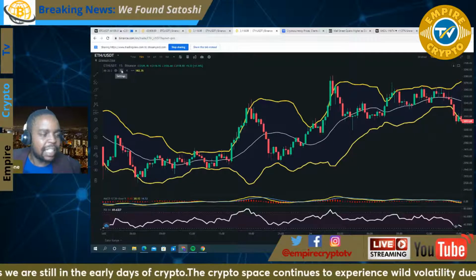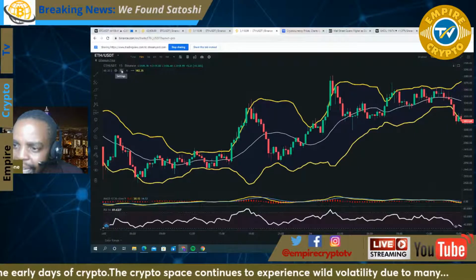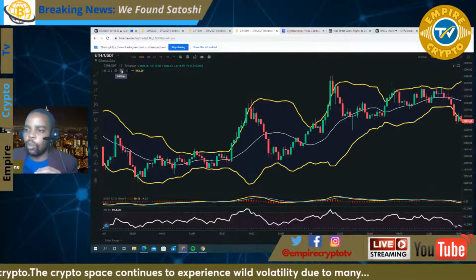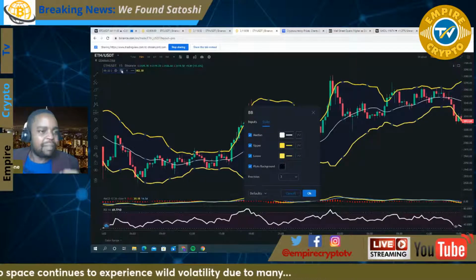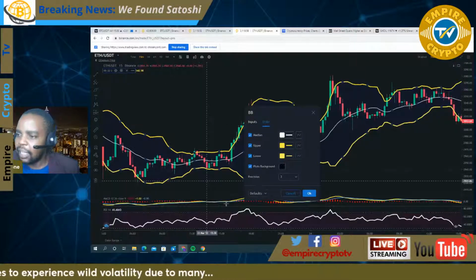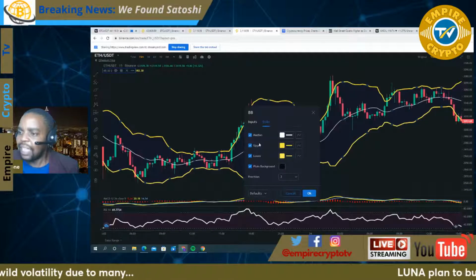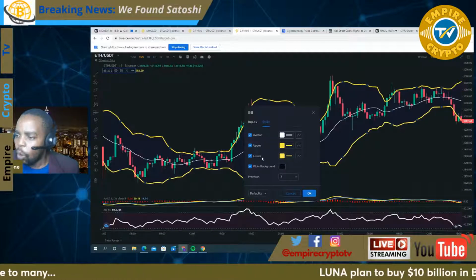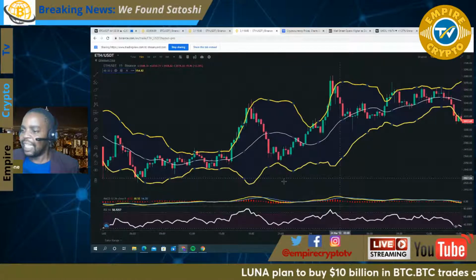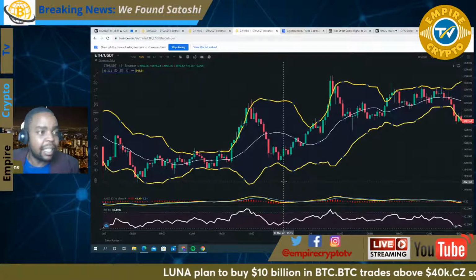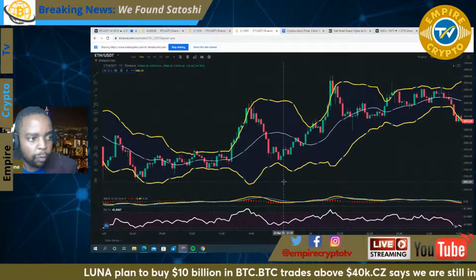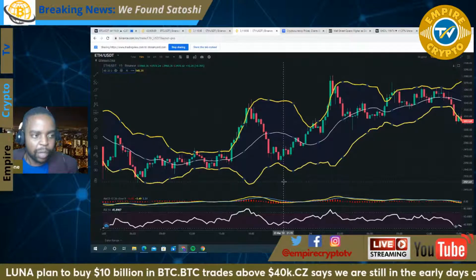option, and then you go to it, and you can set your Bollinger Bands how you want it with various colors. So you have that medium, upper line, and lower line, and so forth. So these indicators are not a strange thing that someone can be confused about when they are looking for them. They're right there on the chart.